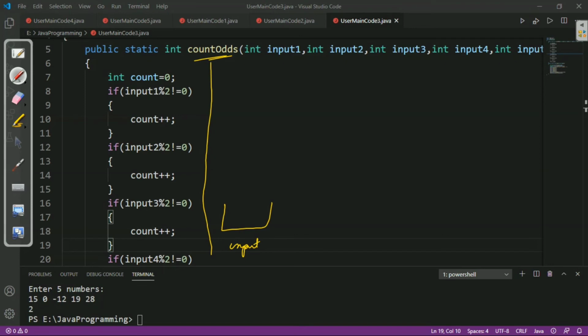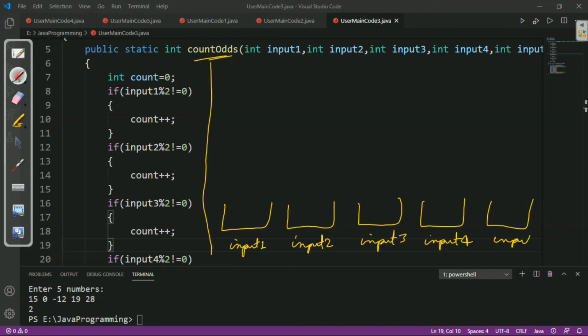So let's write input 1 and input 2 and input 3 and input 4 and input 5, and let's take the 5 numbers which have been given in the question. So let's take 12, 17, 19, 14 and 115.